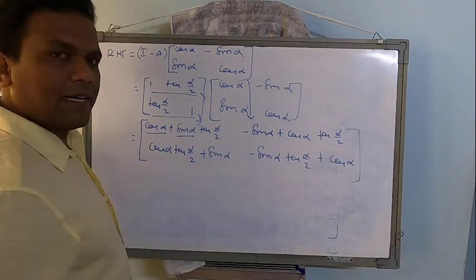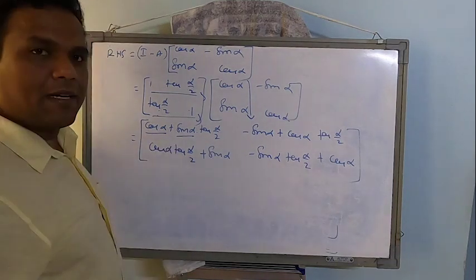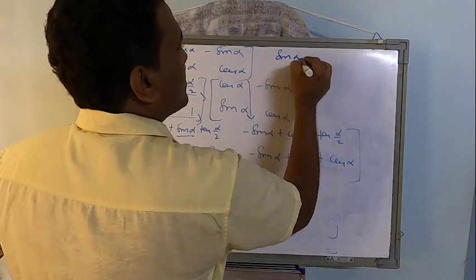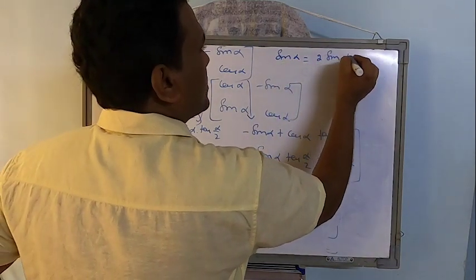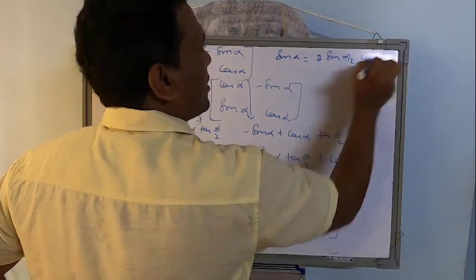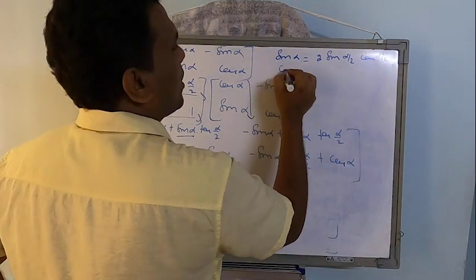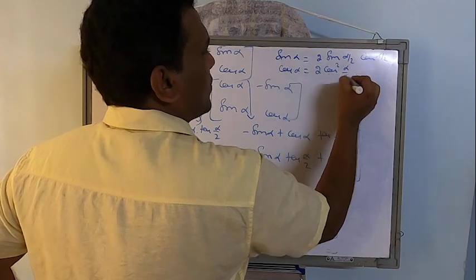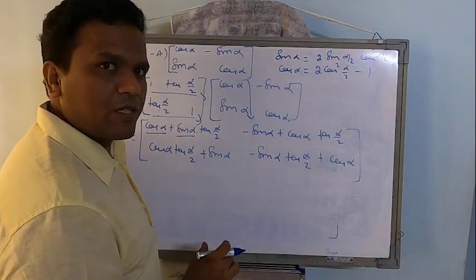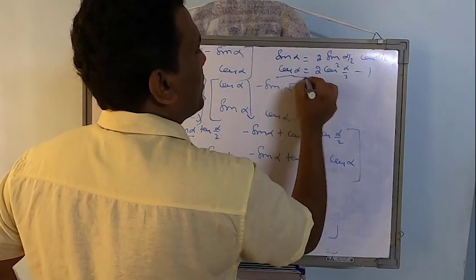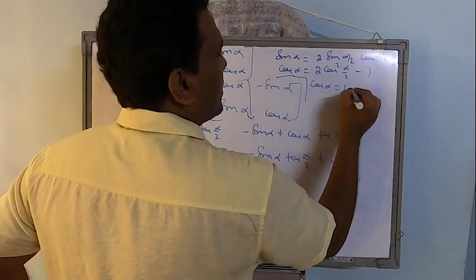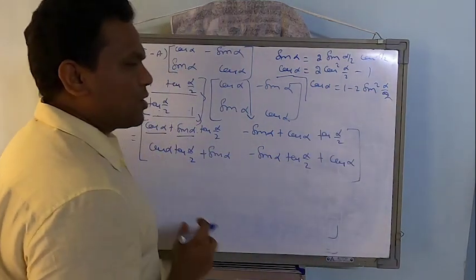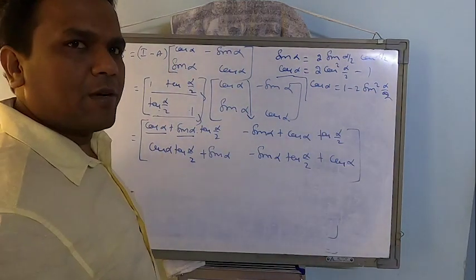Right. Now, we have a term cos alpha here, and we have a term of sin alpha. This sin alpha can be written as 2 sin alpha by 2 into cos alpha by 2. And cos alpha, there are many formulas. Among them, the first one, 2 cos square alpha by 2 minus 1. Depending on the situation, we will use it. And there's one more formula: cos alpha can be written as 1 minus 2 sin square alpha by 2. So depending on the situation, we are going to apply the formula. Clear, students?